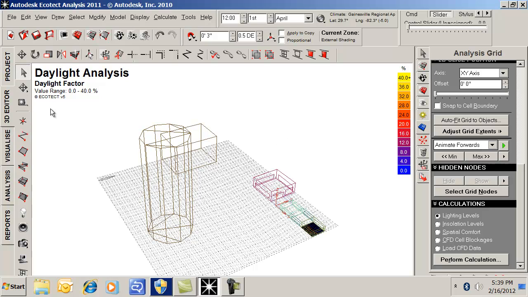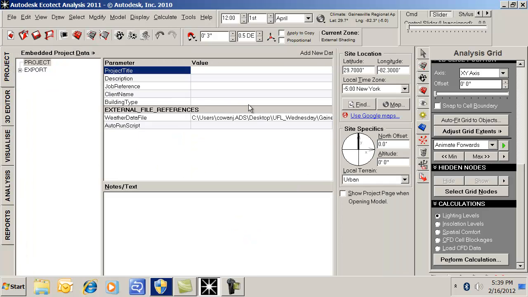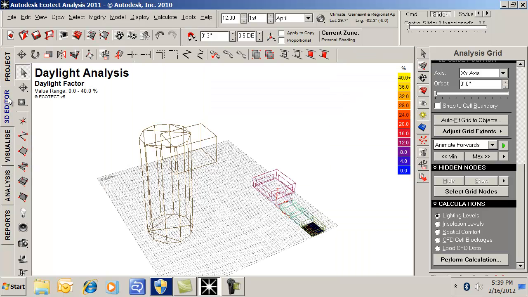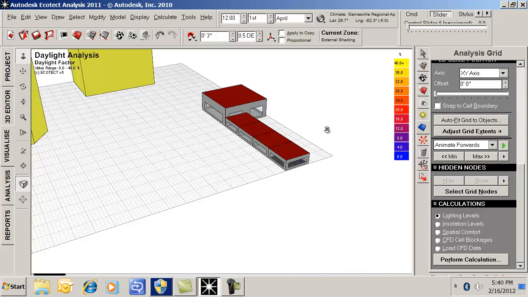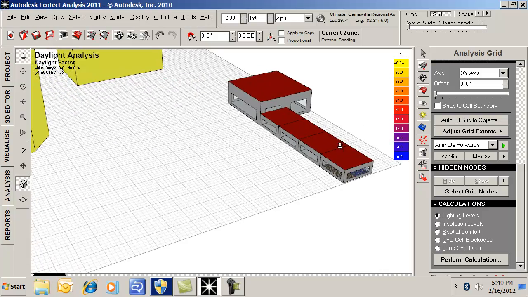I'm also just going to check something else. Back on the project tab here, I'm keeping true north as the direction that I had before. So I've got here the ability to edit the model. I've got here the ability to visualize the model in different 3D views, but right now all I want to do is analyze it. So under this visualization tab, if I get in a bit closer to my